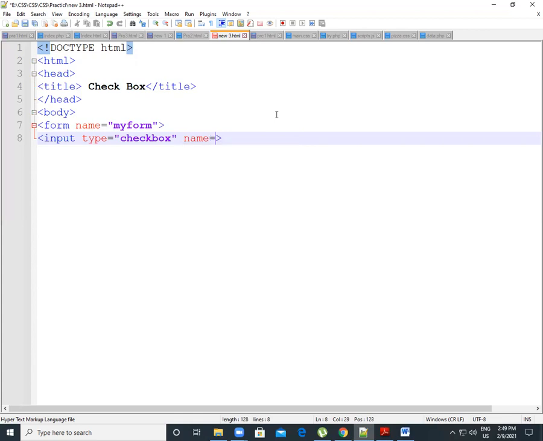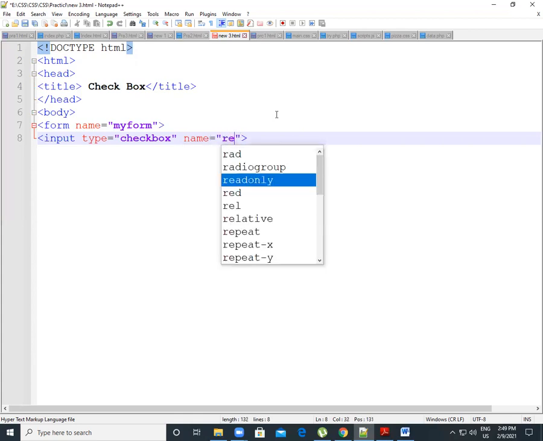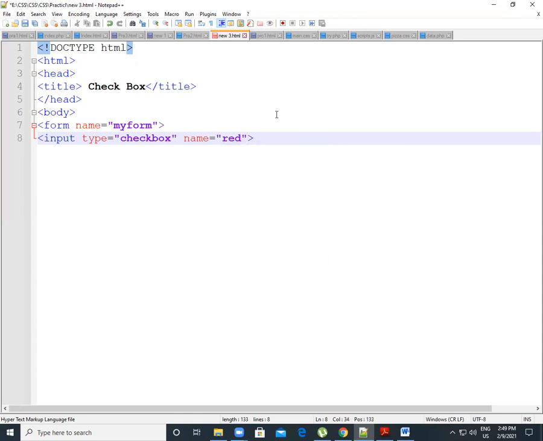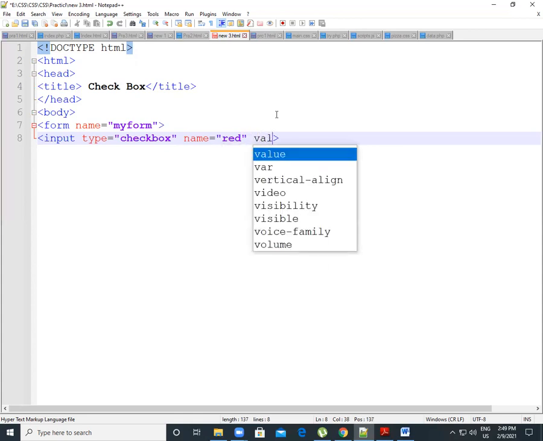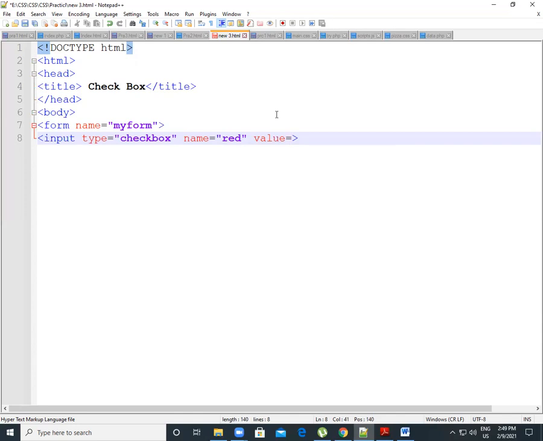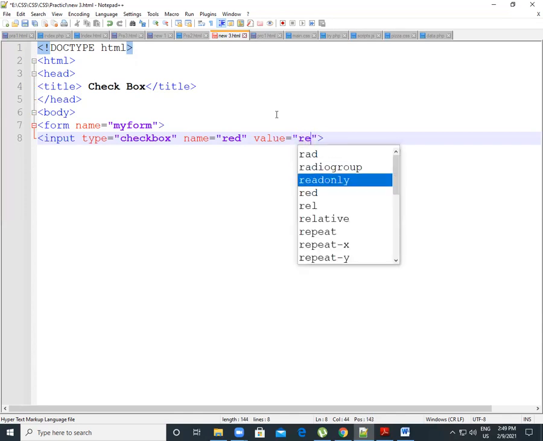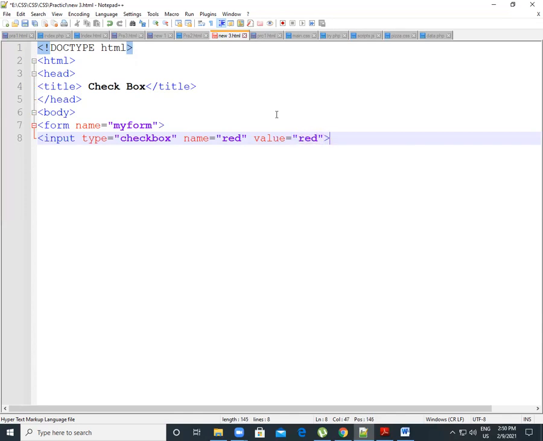Name equal to, we give some choices for color, red. Then the value of our checkbox is also red.